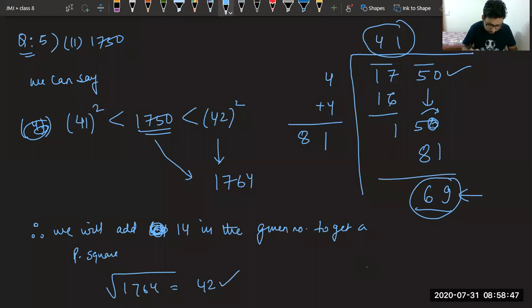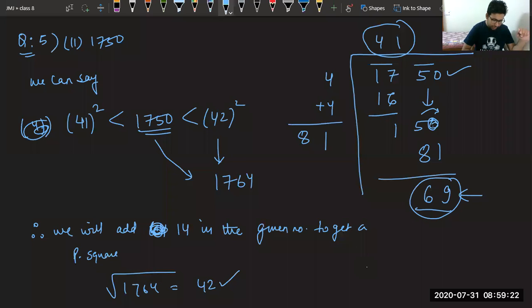I hope it is clear to everyone. I hope now you are getting the difference between the subtraction process and the addition process. It is a little bit difficult, but not that difficult. It is only lengthy. Subtraction was easier because it was a shorter method. If you want me to try one more part, I can try. Do you want me to try one more part, or is it clear to everyone? No. Good. So let's take the next question now.